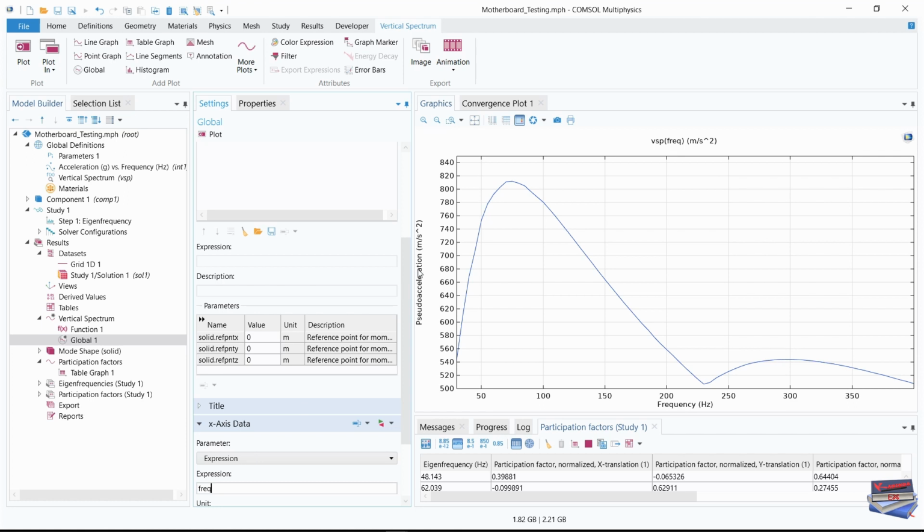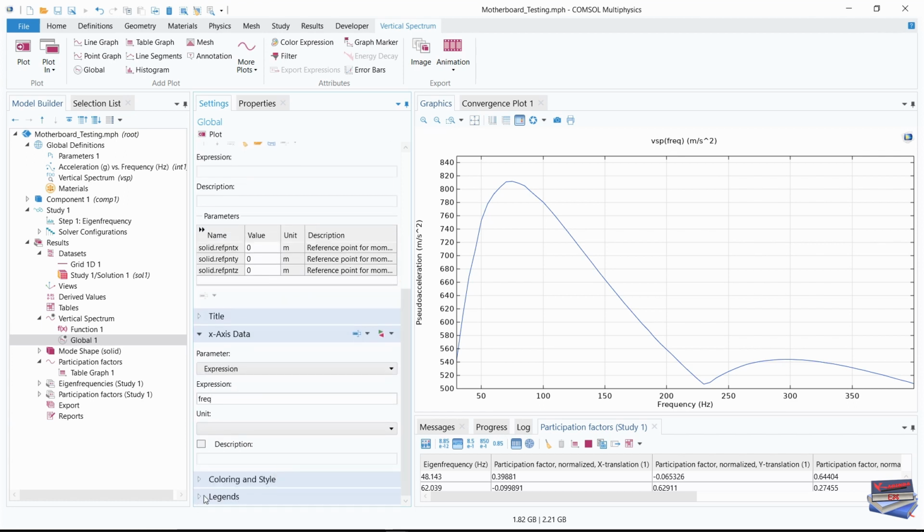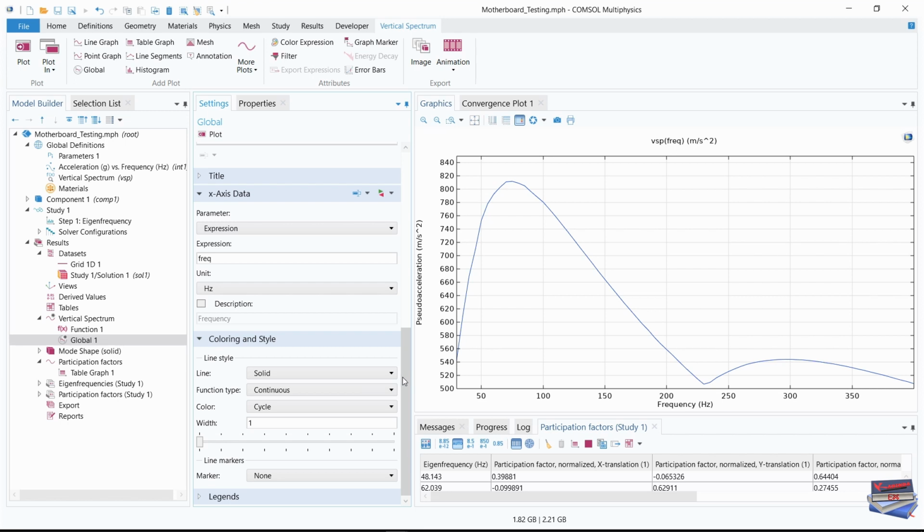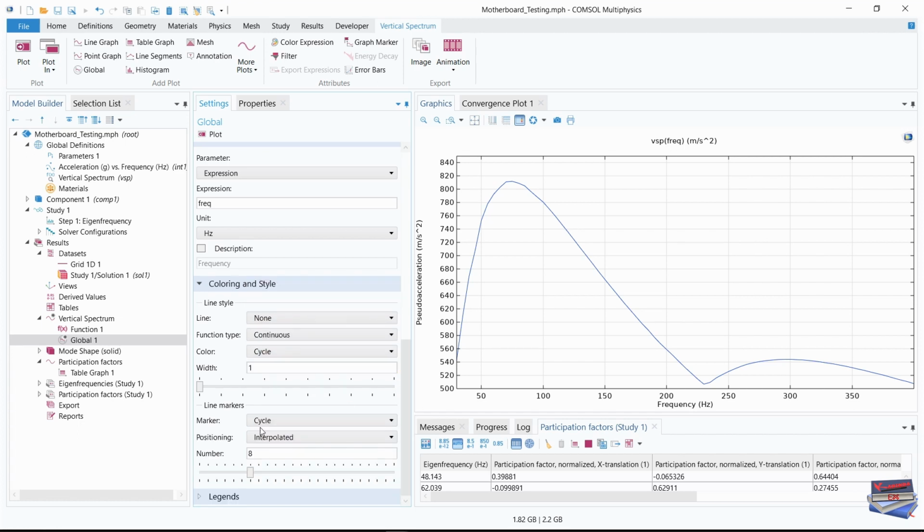let's go down to the coloring and style. So let's expand that, and here for the line let's select none. For the markers let's select cycle, and for the positioning let's select in data points,